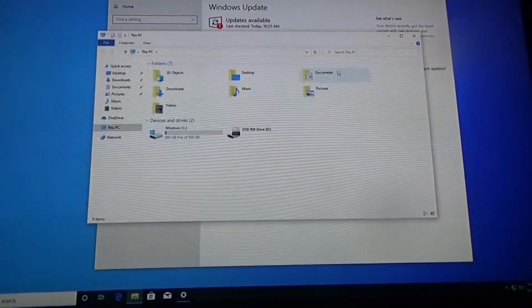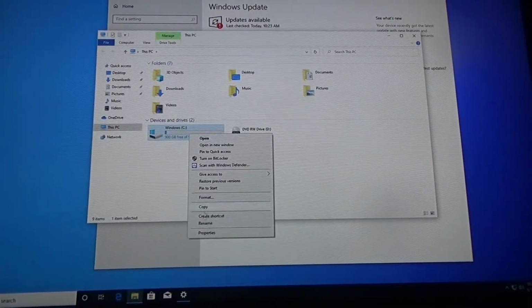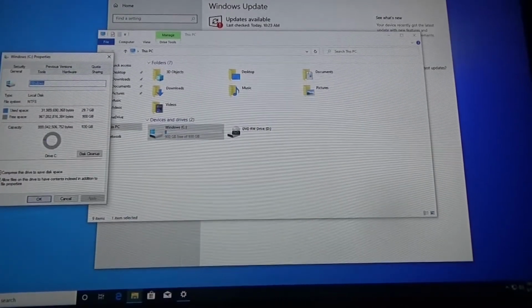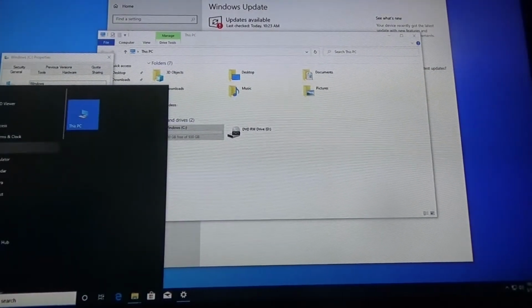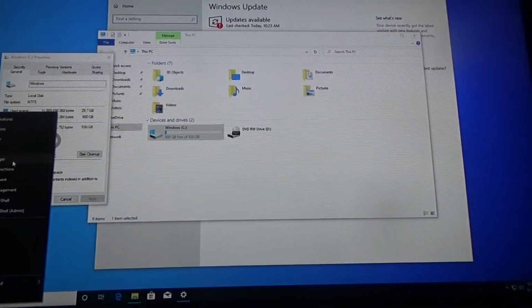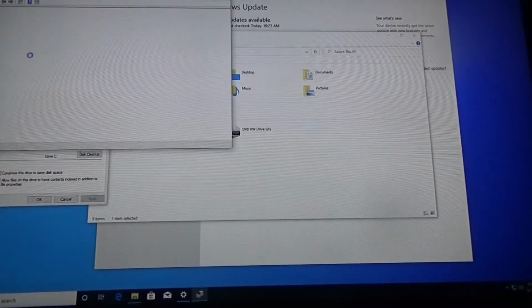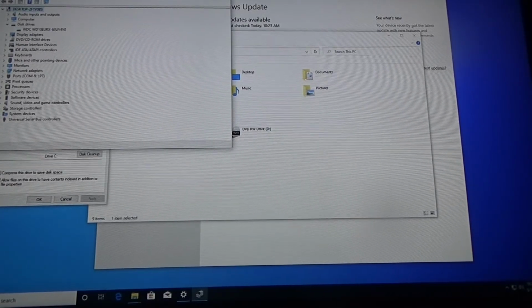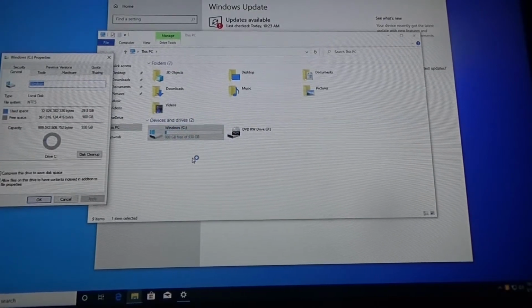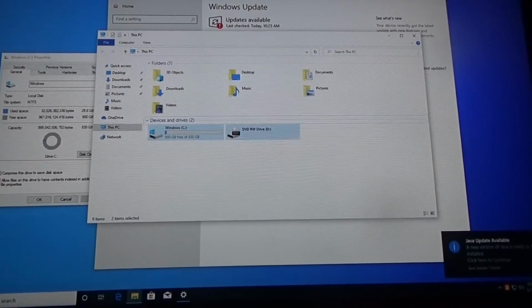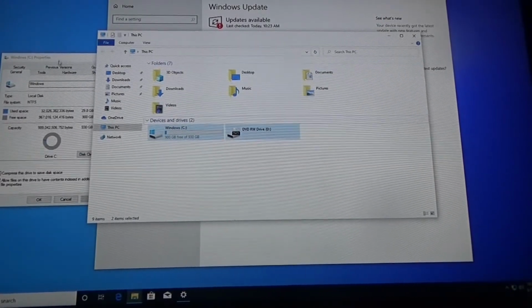Let's find out. Alright, so we got a terabyte spinning hard drive. What kind was that? I didn't even look a while ago. I think Western Digital. Right click on that. Nope. Sorry. Right click on the start menu, then go to device manager. Western Digital. So it's a terabyte, supposedly. Java update. Imagine that. Quit notifying me. Back to properties here.